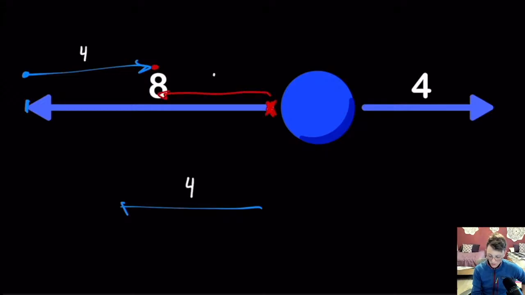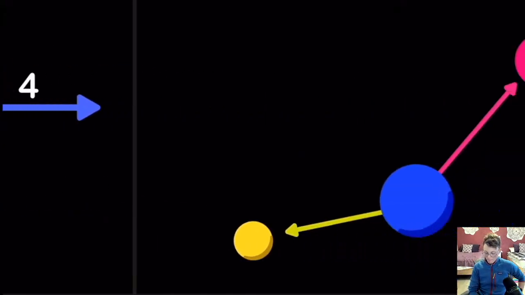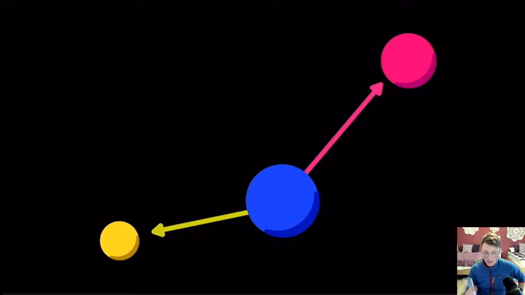How much? 4. Because that's what would make up what we're seeing here. Again, hopefully not too bad. Now, where things get a little bit more complicated is going to be something like this, where we have angles,